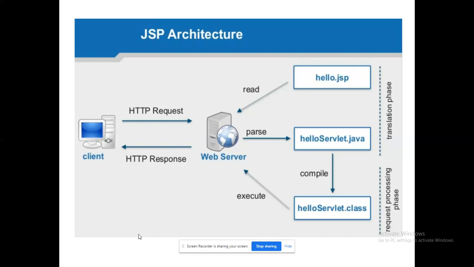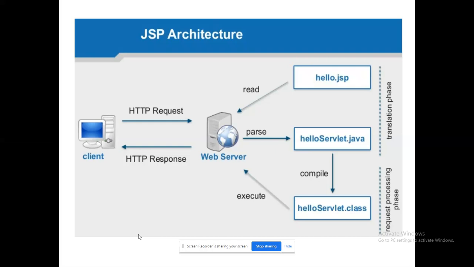The generated servlet will be sent to the server, right? The Tomcat server will execute it. Results of this servlet will be given as an HTML page. That's it. That is what your HTTP response is, right? So initially, when JSP plus HTML moves inside the web server, it will parse HTML separately and Java separately. Java code will be compiled by the Java compiler. It will generate the .class file.